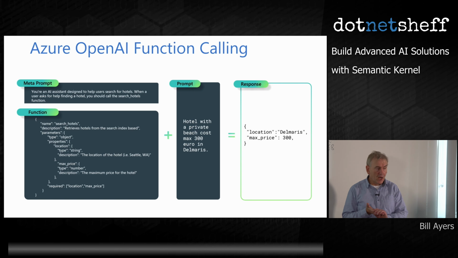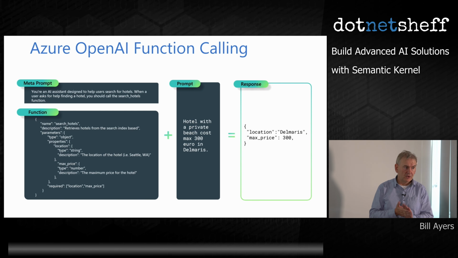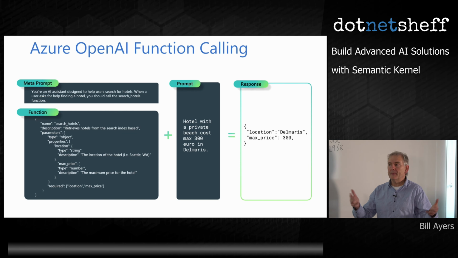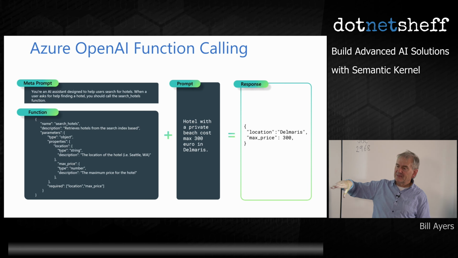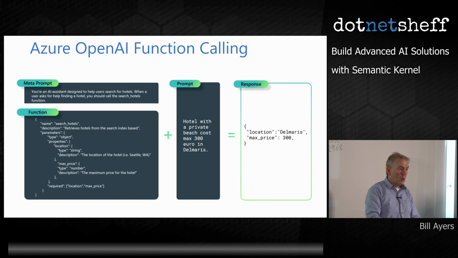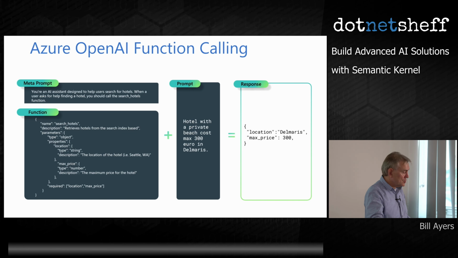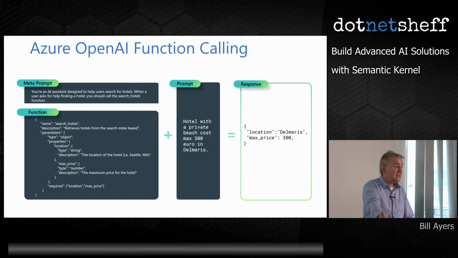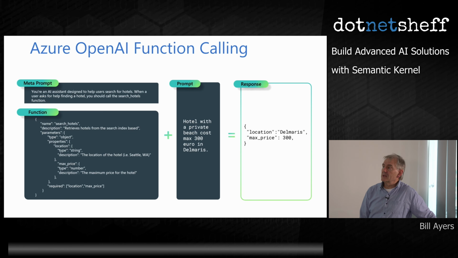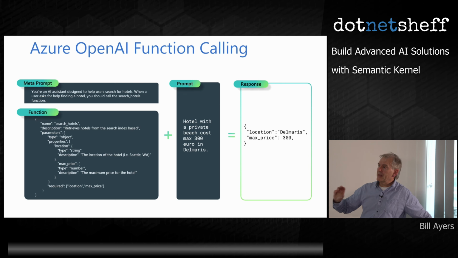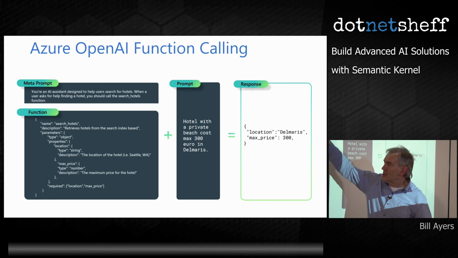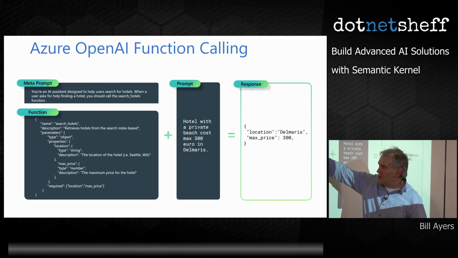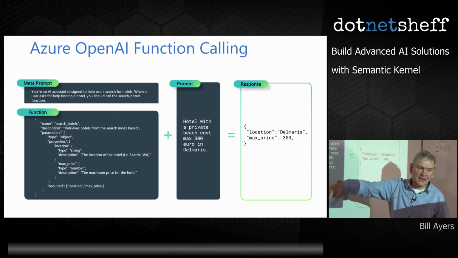Most of the large language models like GPT, Llama, and these other big models have this feature called function calling, where the model itself has been trained to look for functions or methods that it can call if you present them to it in the prompt. So the function will be represented by some JSON string,